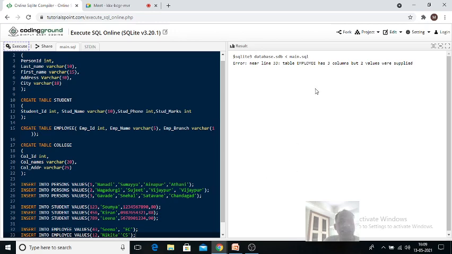That's why it says the employee table has 3 columns: ID, name and branch, but you have supplied only 2 values. So to overcome that, we need this comma. Now you execute it. So now it is clear. Clear?